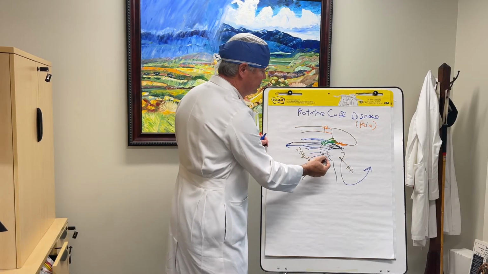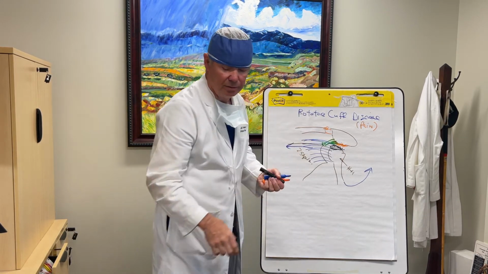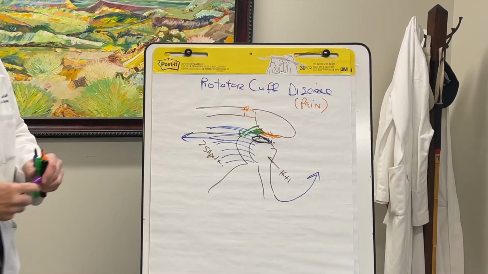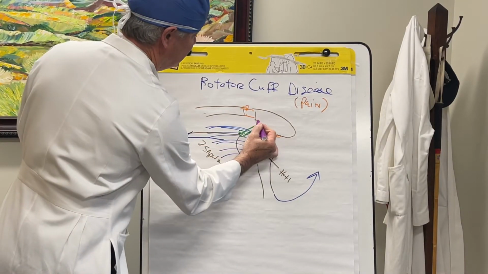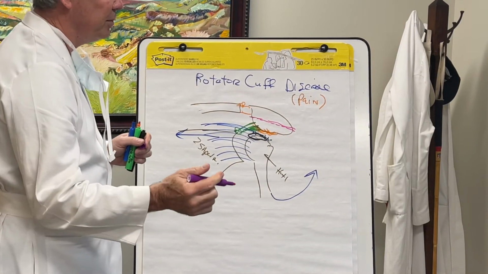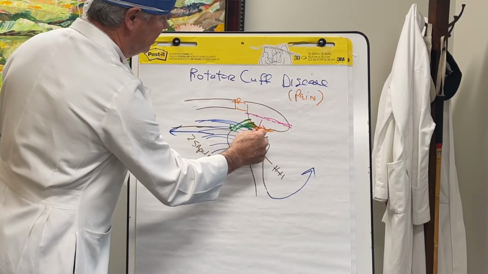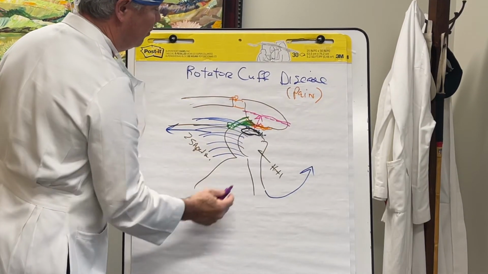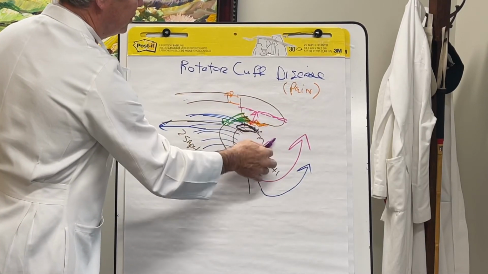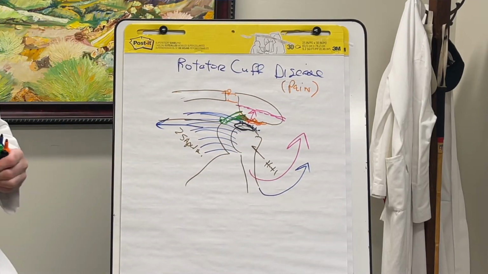So what happens is, the treatment for that is to take the bone, which is here, and take that bone away with what we call a subacromial decompression. So that goes away. So now you've got a significant space here that wasn't there before. So now every time the arm raises up, it rubs against nothing, because right now it's rubbing hard over a period of time. And that's what causes a rotator cuff